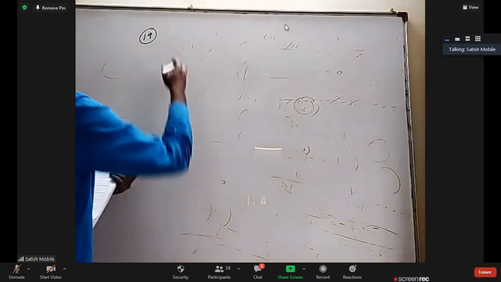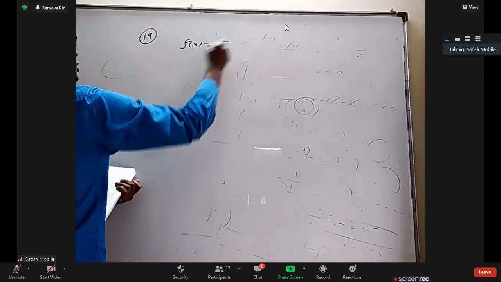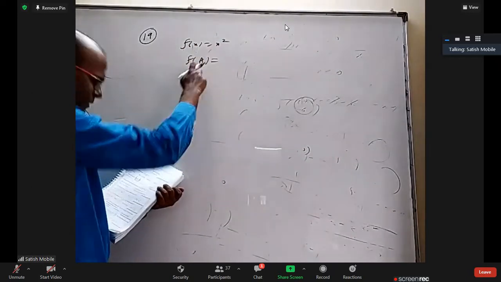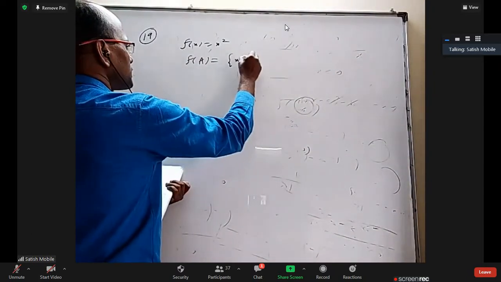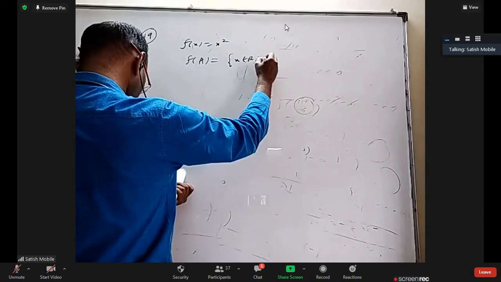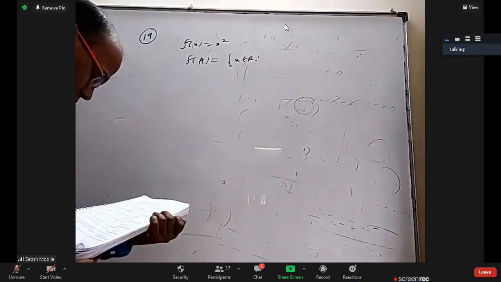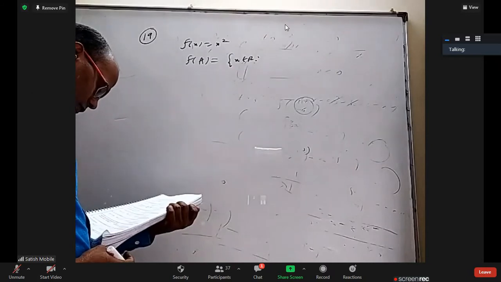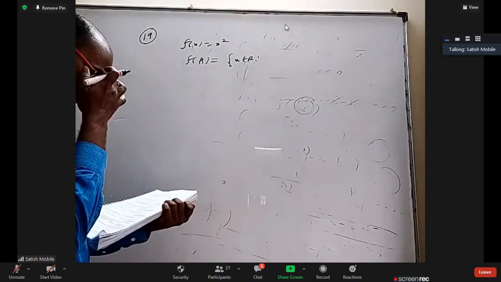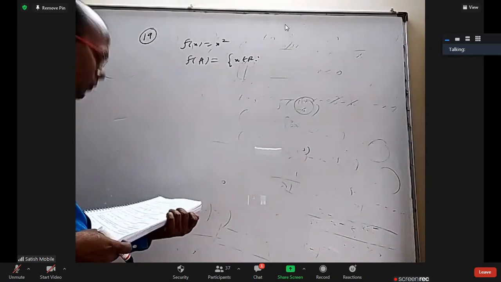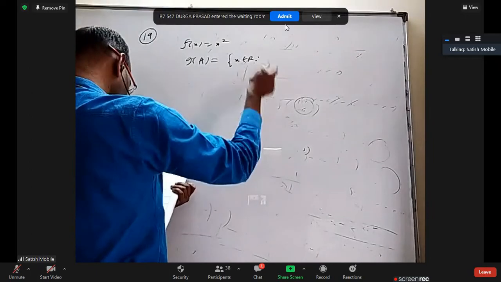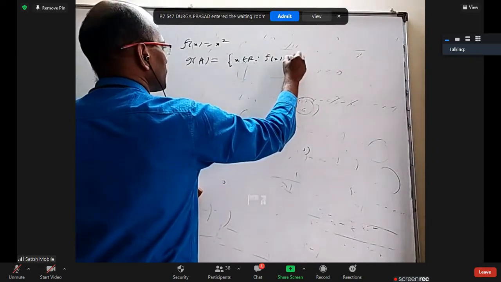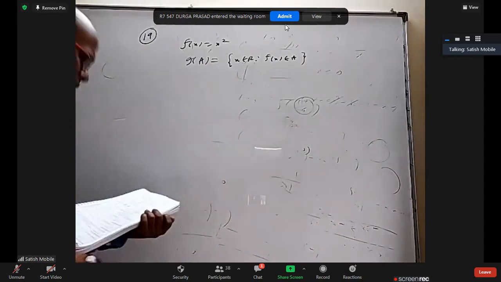Okay, so 19th one I'm going to write like this: f of x equal to x square. Instead of g, I will use the word f only. F of a number means this. F of a set means what? It is x belongs to R such that f of x belongs to A. Sorry, what is g of A? Let me see carefully. Oh, they want pre-images of that. Okay, so better to call g only. G of A means x such that f of x belongs to A, all those x values where f of x belongs to A.